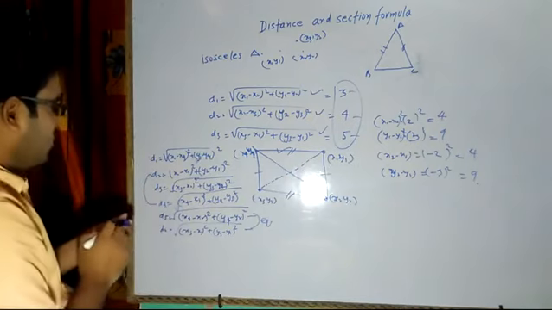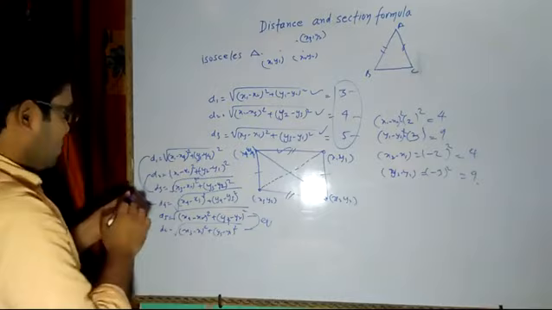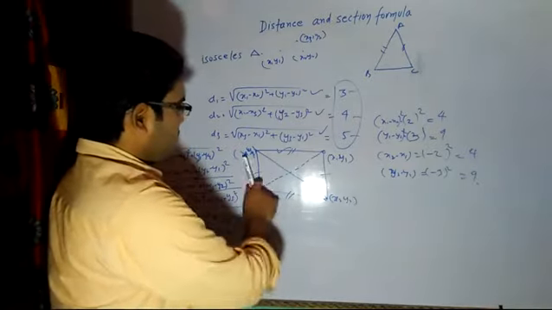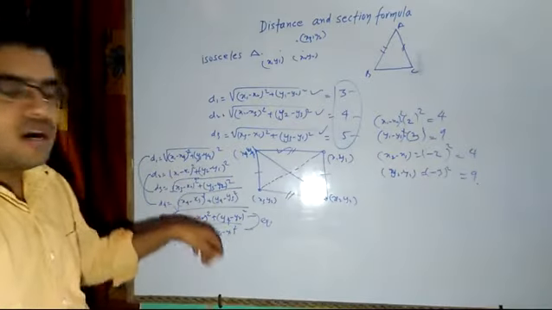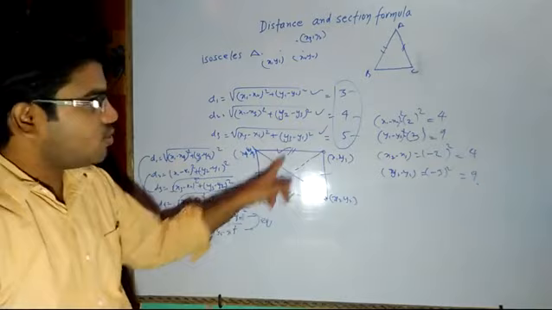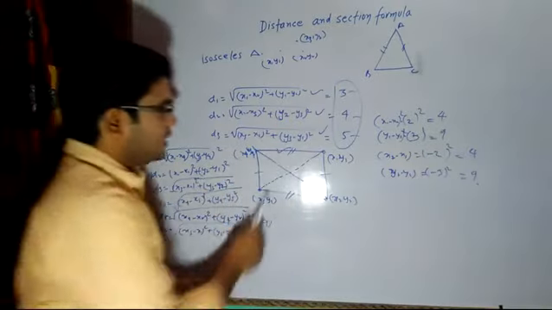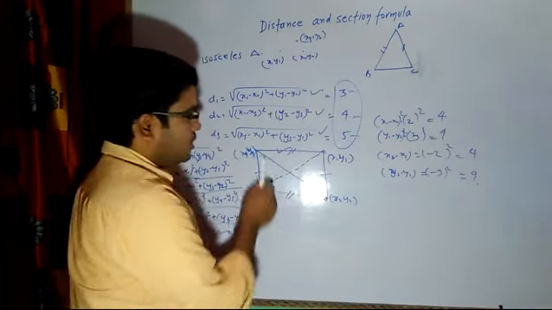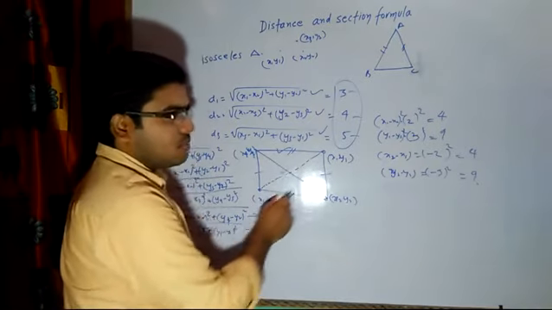If these two are equal and these two are equal, then you can say that it is a rectangle, right? It is a rectangle because diagonals are equal and opposite sides are equal, so definitely it is a rectangle. Then only this Pythagoras theorem was applied: this line was equal to this line, is this diagonal.